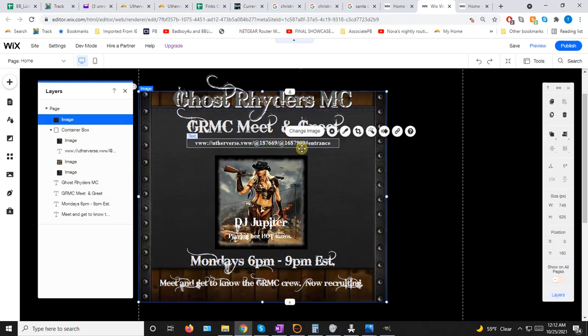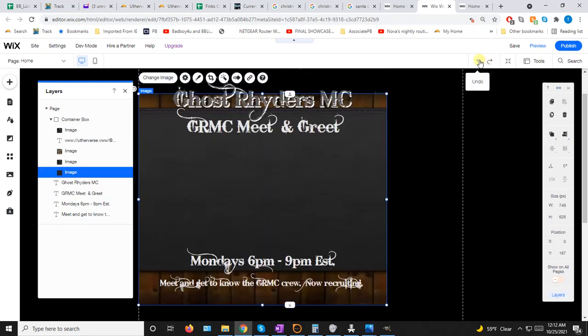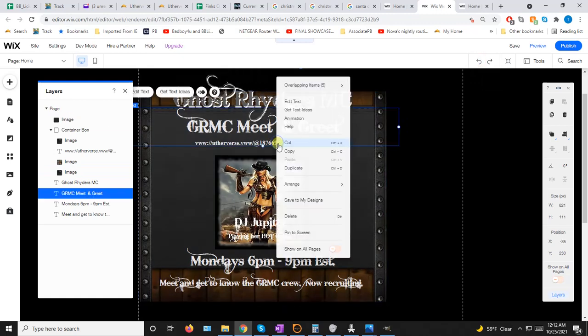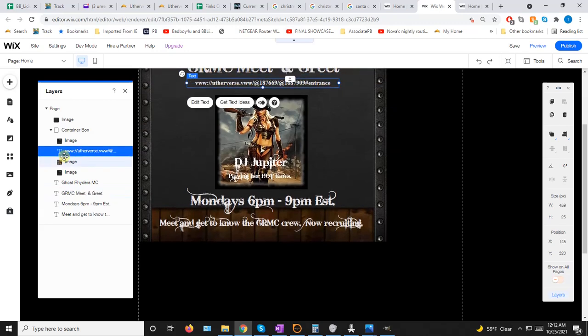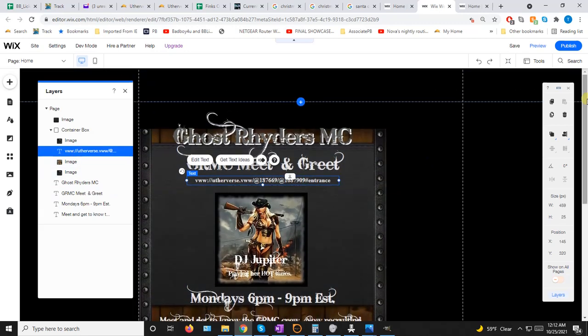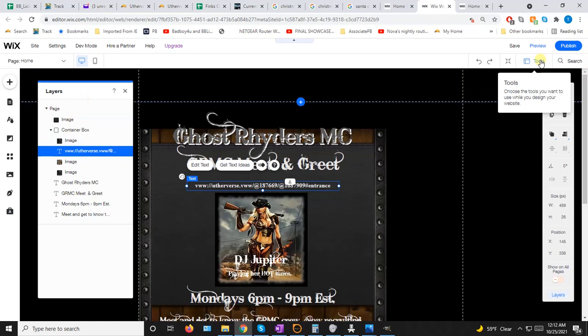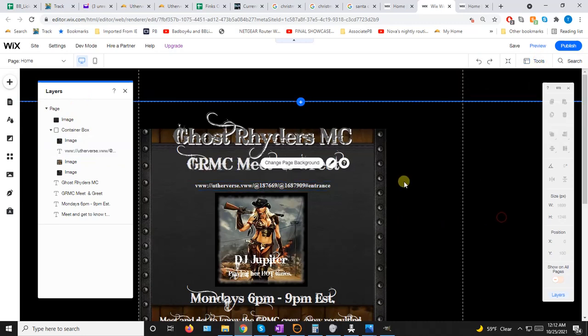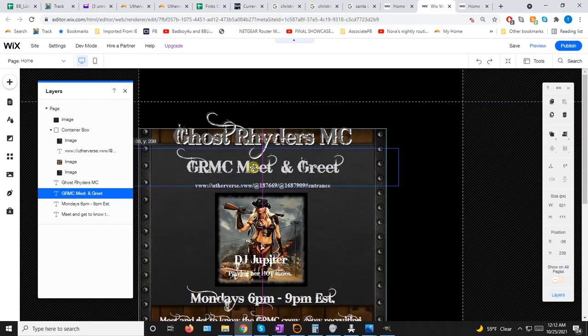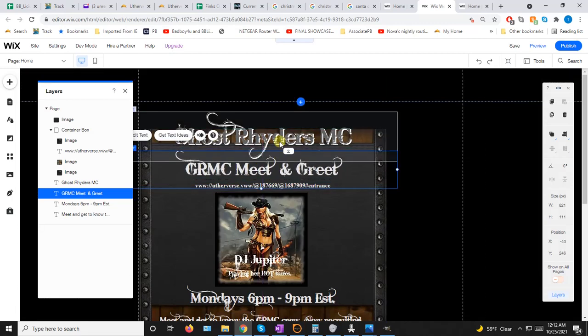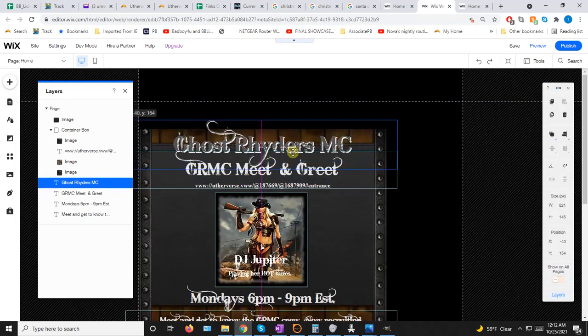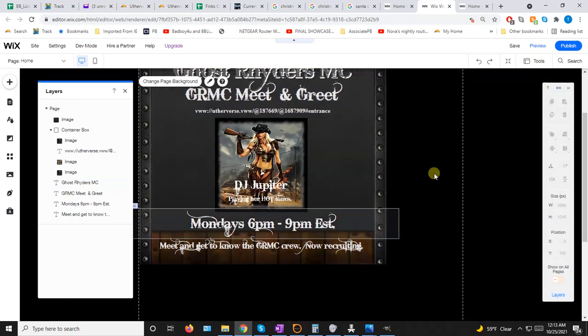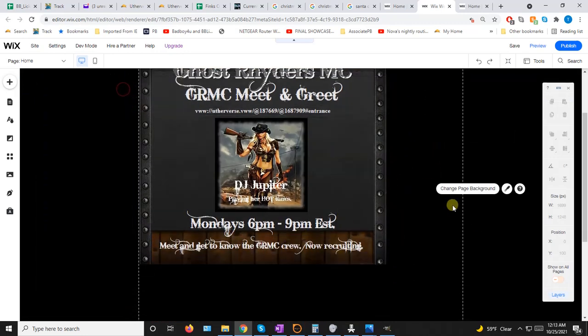Come on, cooperate. Oh, crap. Where's the URL? Here. I'm using the arrow on my keyboard to bring it down. I just clicked on it right here in the layers, which you can find up here in the tools. Gonna bring this down a little bit, and then bring this down. Okay. Alright, so